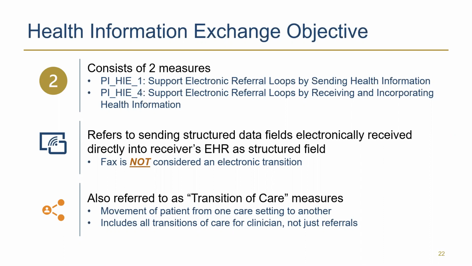We will now look at the Health Information Exchange Objective, which consists of 2 measures. These measures are often the most difficult in the promoting interoperability category for practices to meet. To receive a PI category score, these measures must be met either by having at least a 1 in the numerator or by meeting the requirement for an exclusion. Each measure has the potential to earn a maximum of 20 points.